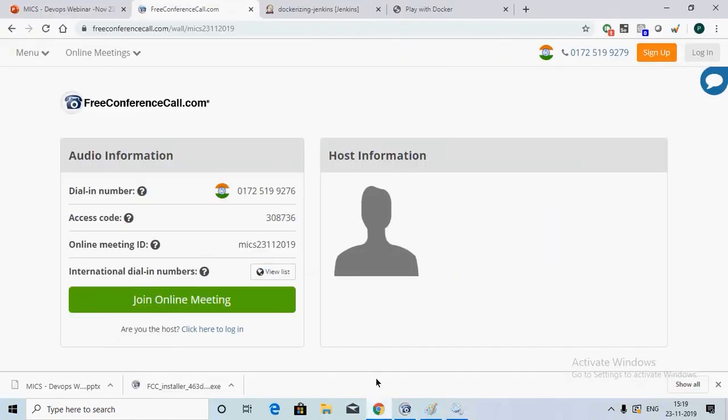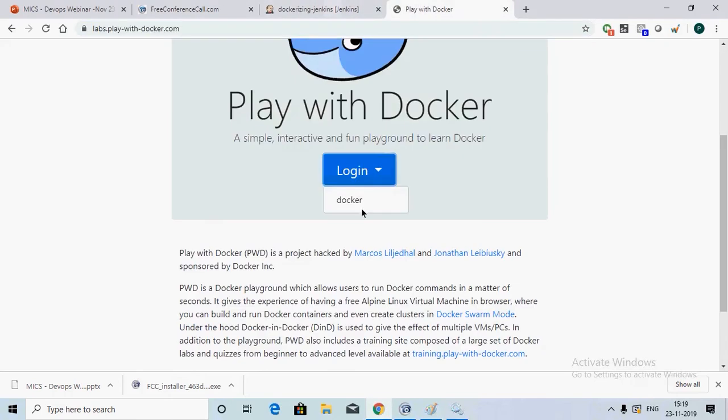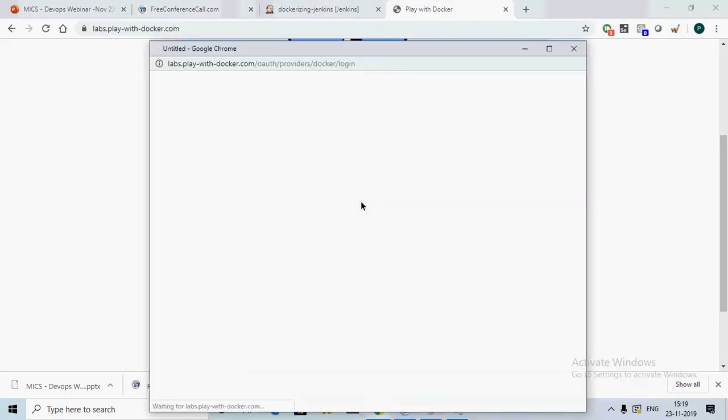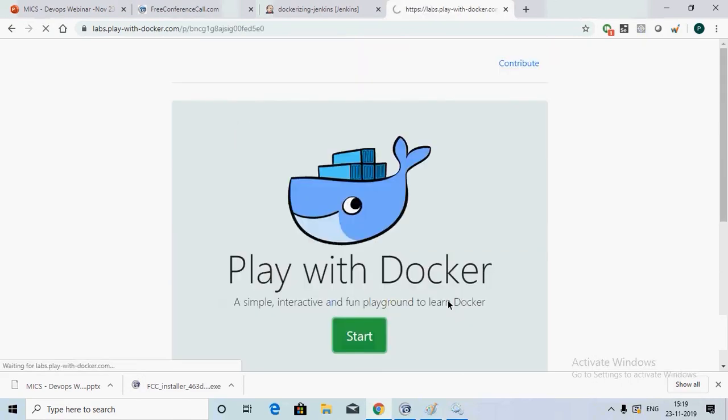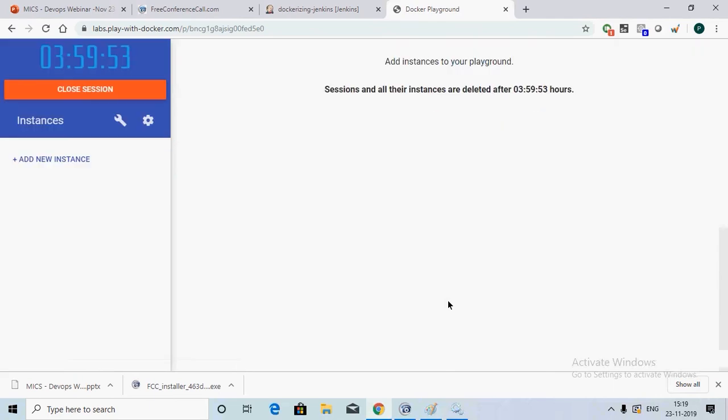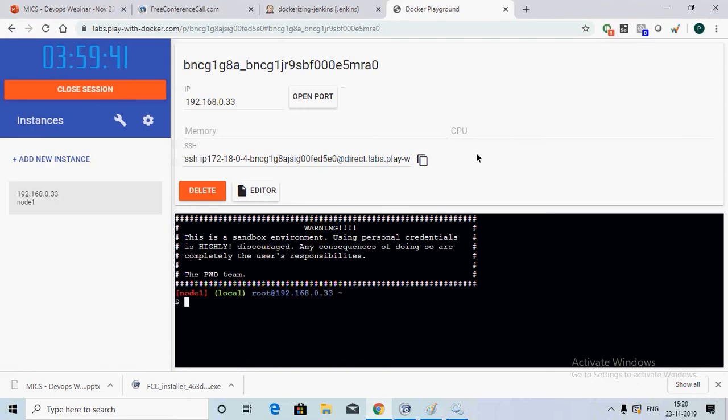So first let me actually explain about Docker. So this is the Docker. You can log in into this Docker environment. So you can type docker ps to see the list of things.